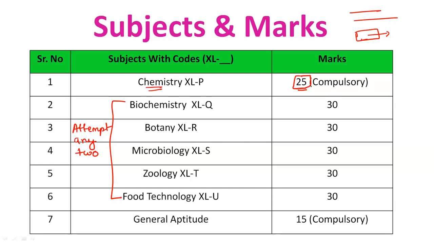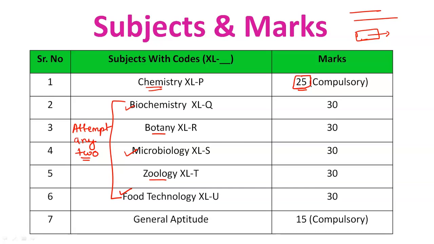As our channel is food technology based, with food technology a lot of students go for biochemistry or microbiology. Maximum times the students try to attempt the questions from these 3 sections only, but there are lot of chances that these 2 sections will be comparatively easier, or you have more knowledge about that subject, so you can attempt any 2 subjects based on this 5 subject combination.